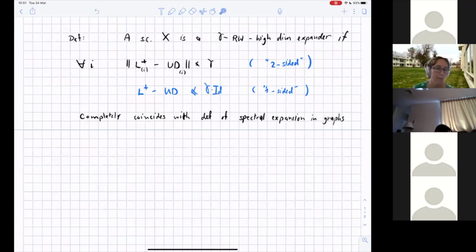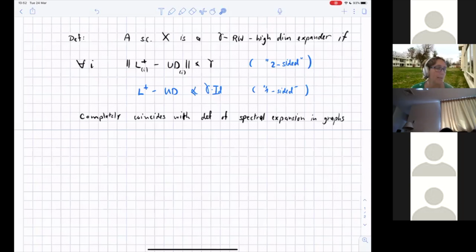For example, the graph that has all edges, and then you put in all triangles and all sets of size 4 and so on. And you could presumably say, let's compare this gold standard object to our object. And if they are similar in spectral norm, we will say that this is a good expander. But the problem is that